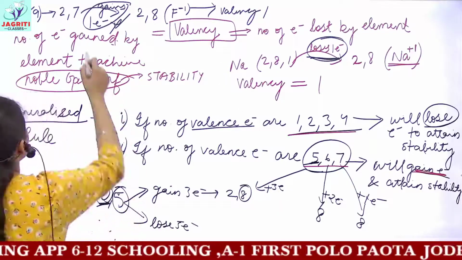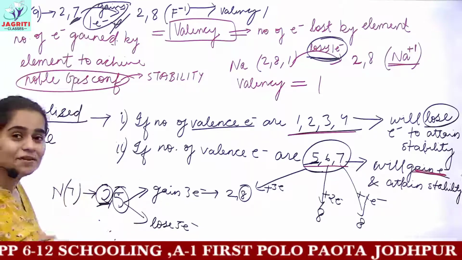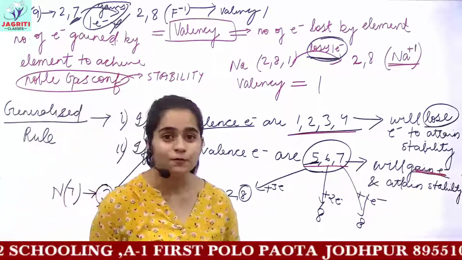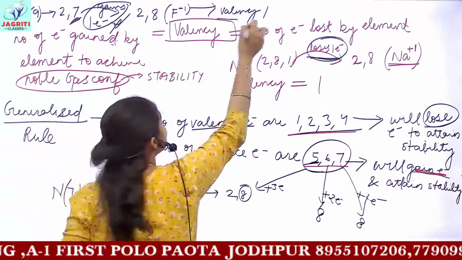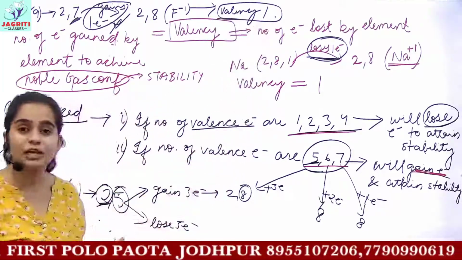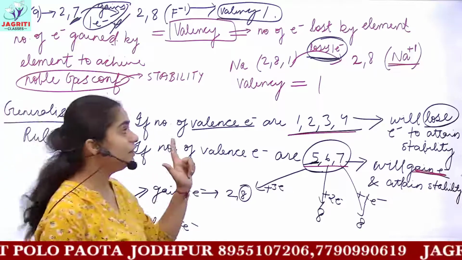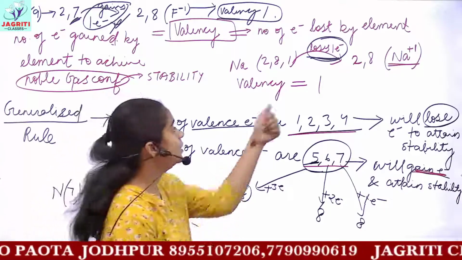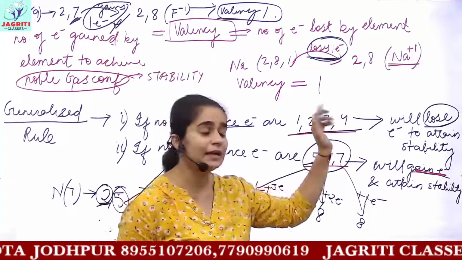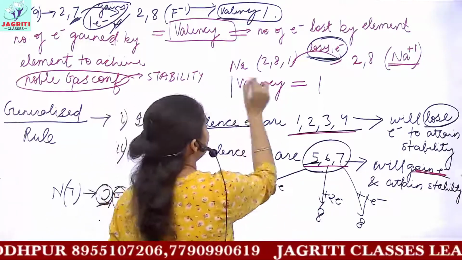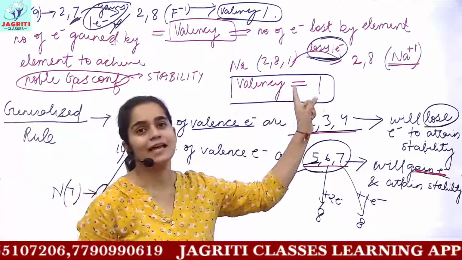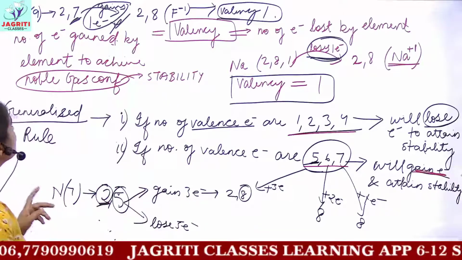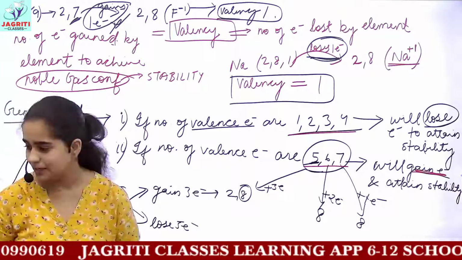Don't consider the valency to be 7 because 7 electrons are already present in fluorine, and the number of electrons gained by fluorine is 1. So the valency of fluorine would also be 1. In valency we never write the signs, that is, this is not plus or minus 1. It generally signifies the combining capacity. So never include a plus or a minus sign in writing valency. So this was all the topic of valency.